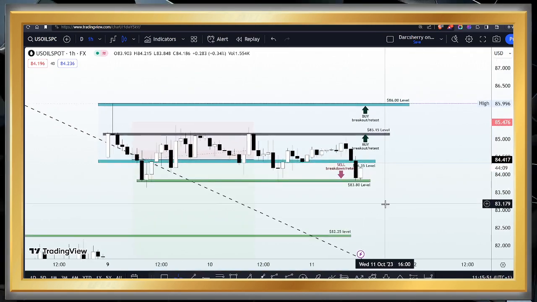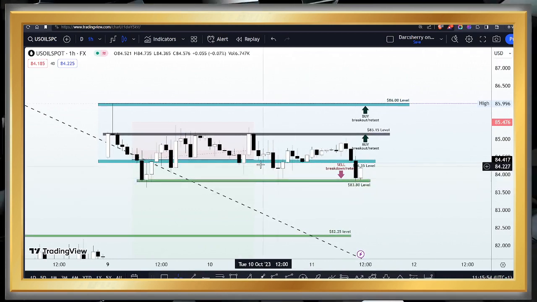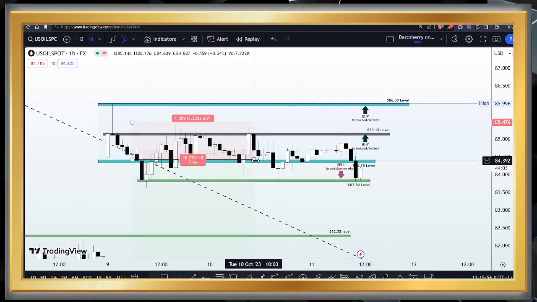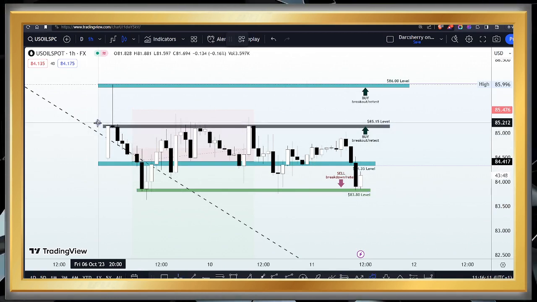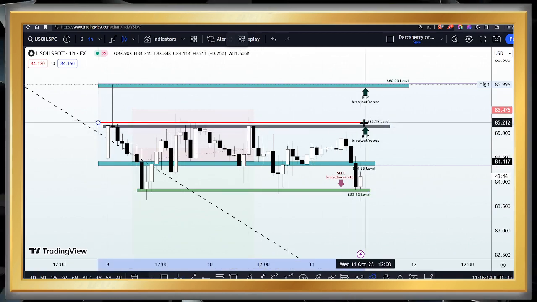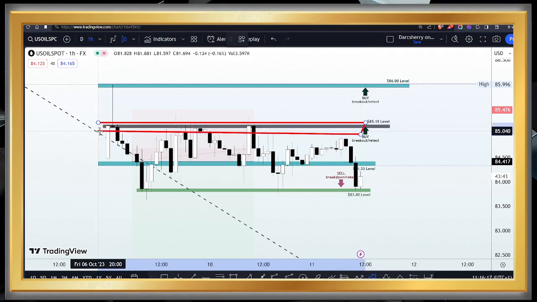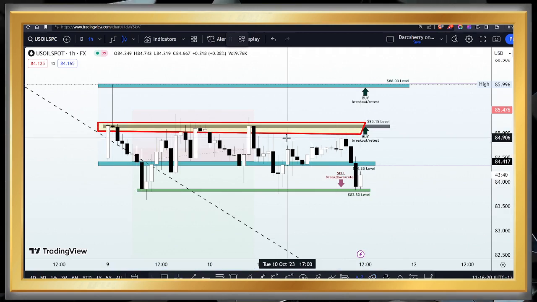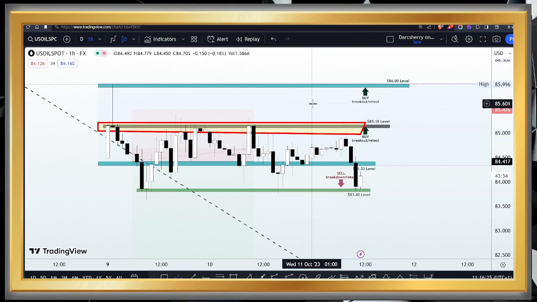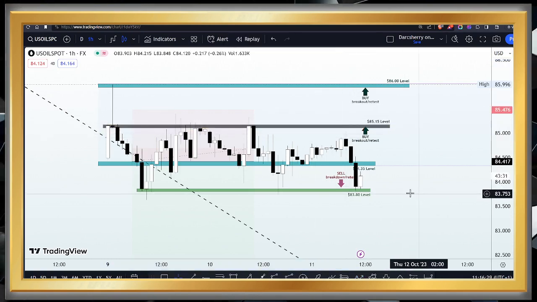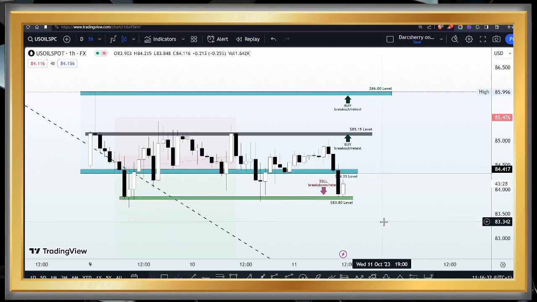Now, at this point, we do not have any positions running right now, as you will see that since yesterday, price has not really triggered any of the setups we identified here. Now, another thing I would like to call our attention to is this range that we had, with a level slicing that range in half along the $85.15 level, where we said we will be waiting for the breakout and retest of the structure to join an uptrend move, which has not happened yet. So we continue to hold on and wait for structures to mature here.